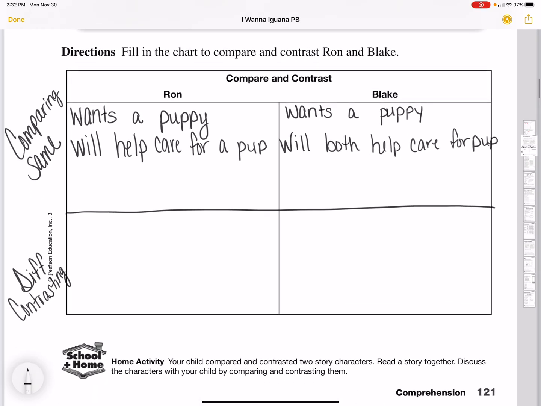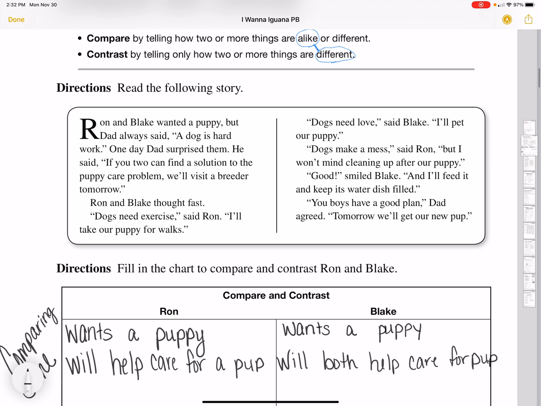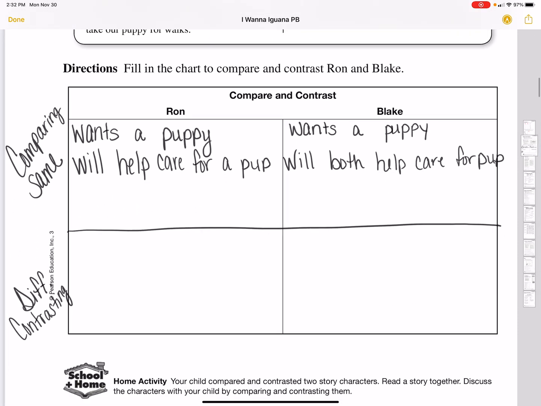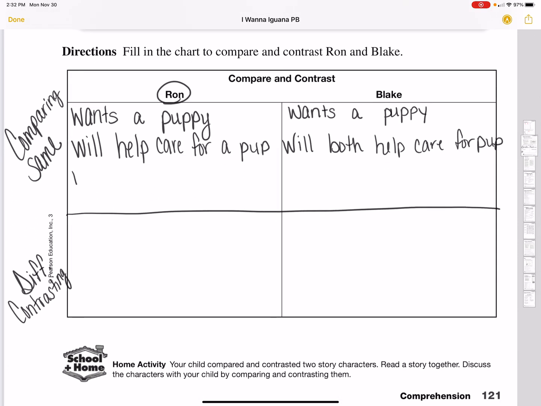Now, the things they offered to do to care for the puppy were different. So those are going to be on the bottom for contrasting. Ron said what? Let's go back to the text. Ron said he will clean up after the puppy. And Blake will feed it. Okay. So I'm going to put under Ron will, will clean up after the pup, and Blake will,